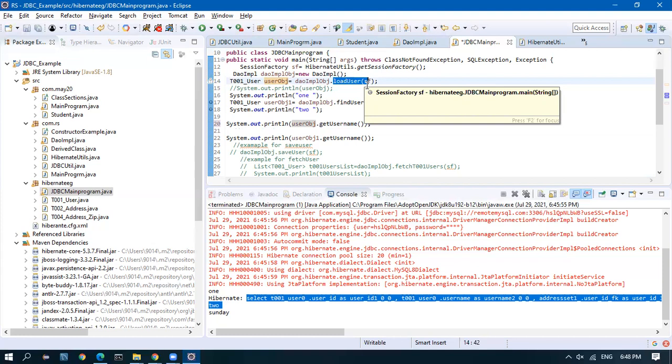There is a special advantage of this. In real-time projects, there will be scenarios where we want to fetch objects, but the query should not run, meaning the performance should not be affected. Actually, there will be some scenarios where we will not access any attribute from the object, but we want the object.